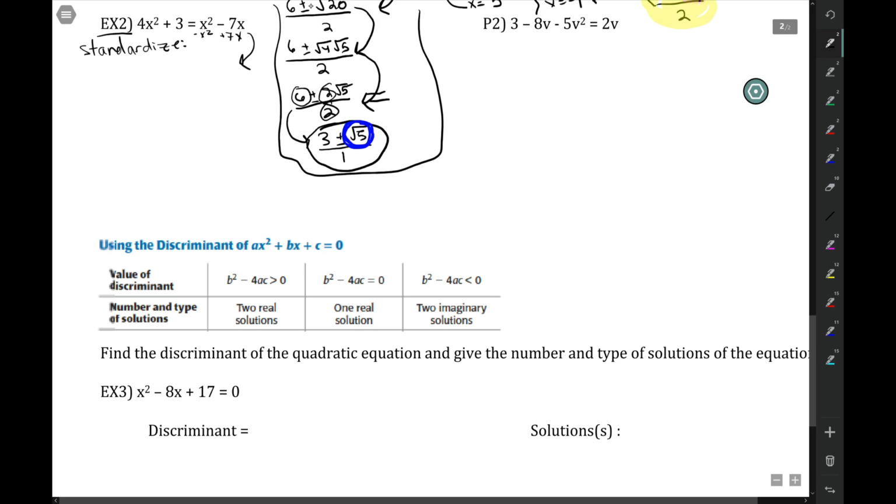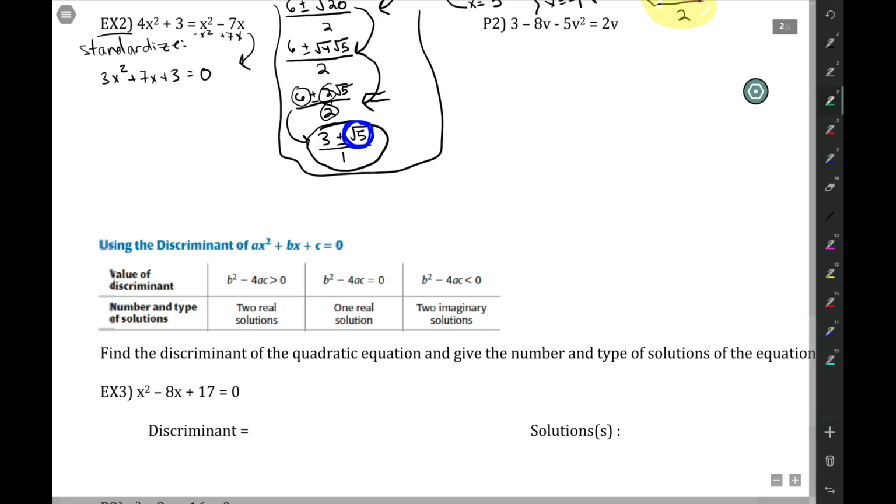So subtracting x squared from 4x squared gives me 3x squared. I want my 7x in the middle, plus 3 equals 0. So this is where we get our a, b's, and c's from. A is 3, b is 7, c is 3, and setting up the formula, again,